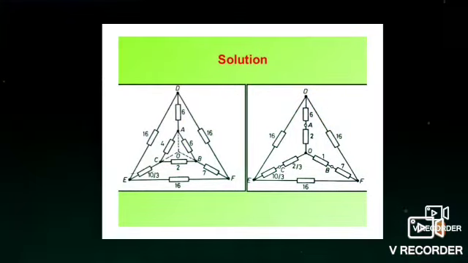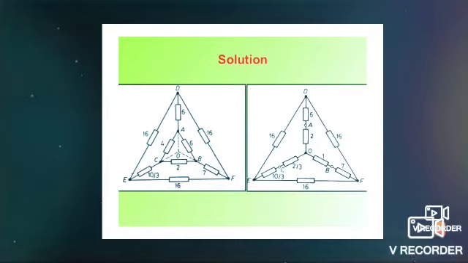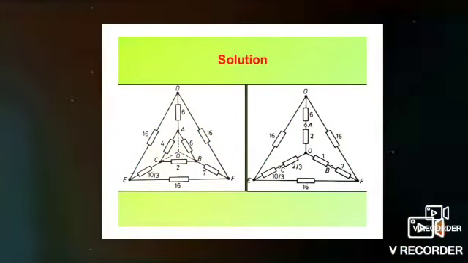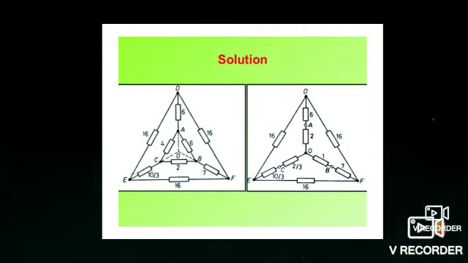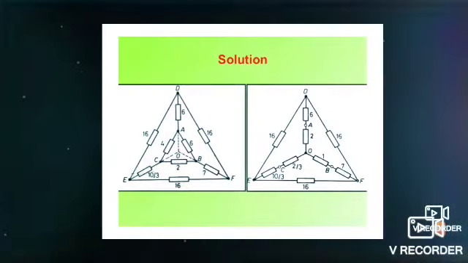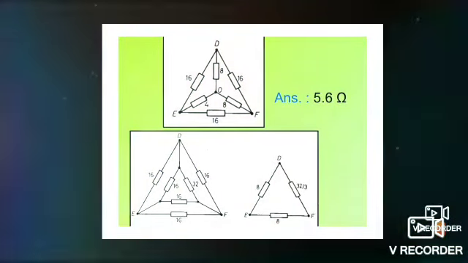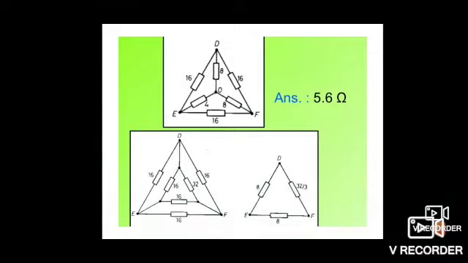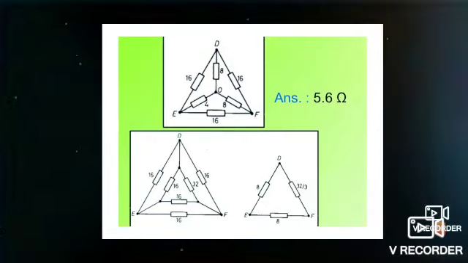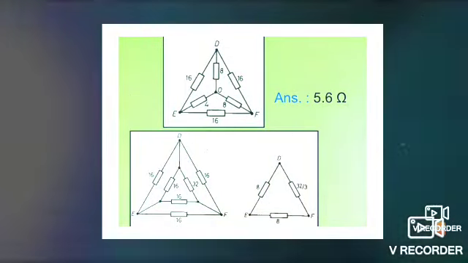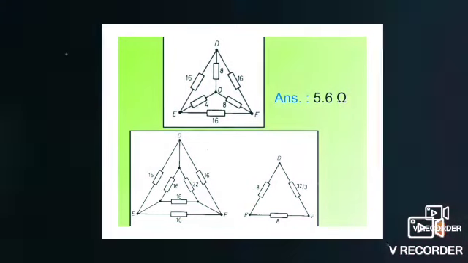Now the 10 by 3 and 2 by 3 ohm are in series. Similarly 6 ohm and 2 ohm are in series. Similarly 1 ohm and 7 ohm are in series. This is the diagram. That series combination is 4 ohm between E and O and 8 ohm between O and F, 8 ohm between O and D.